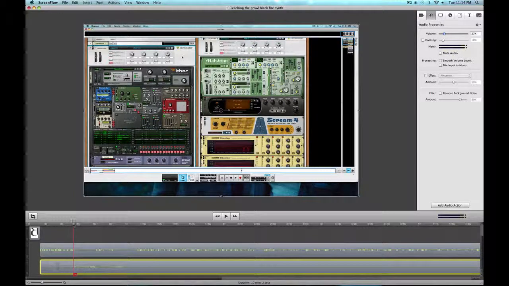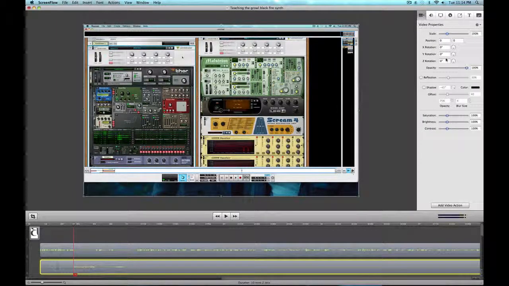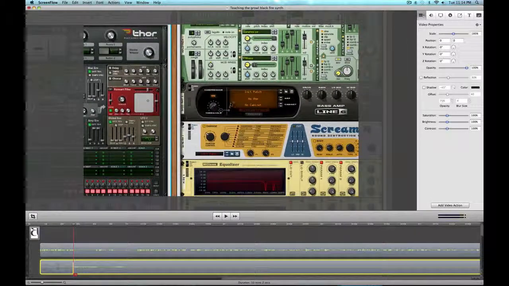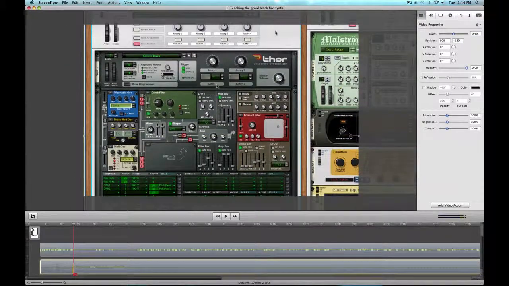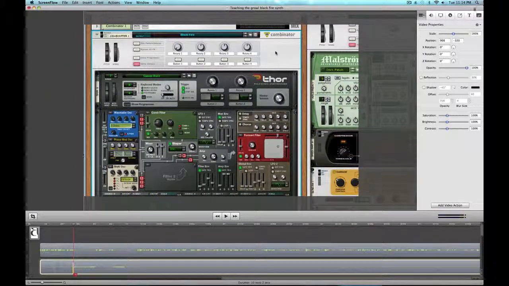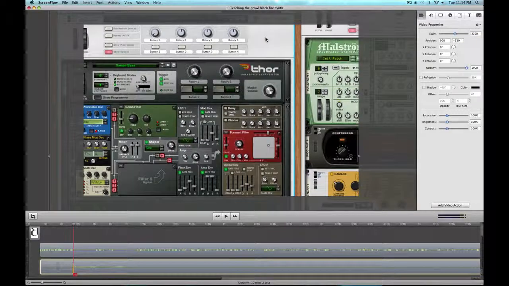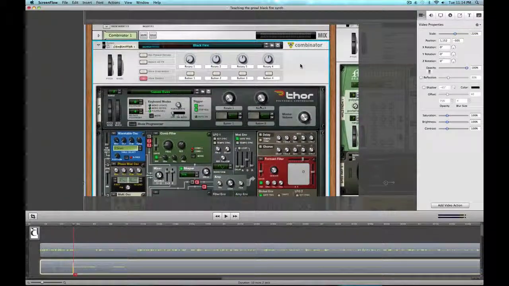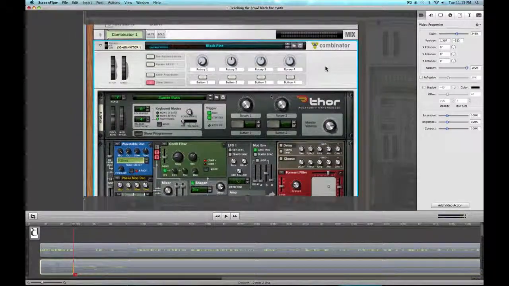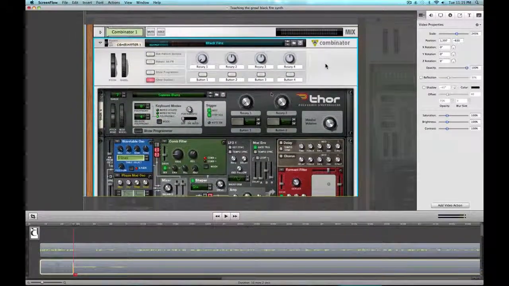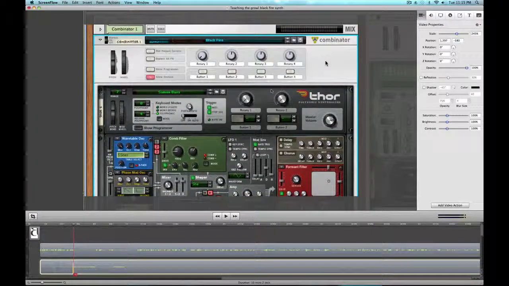So I'm just going to scrub through this, and I'm going to add a video property, and I'm just going to zoom in, and I think the first one for Blackfire is all the way on the left. So I'm just going to position this to where we can see the combinator and all the inner workings of the synth. This is kind of a tedious process, but it's great for video practice. So there's a spot there,